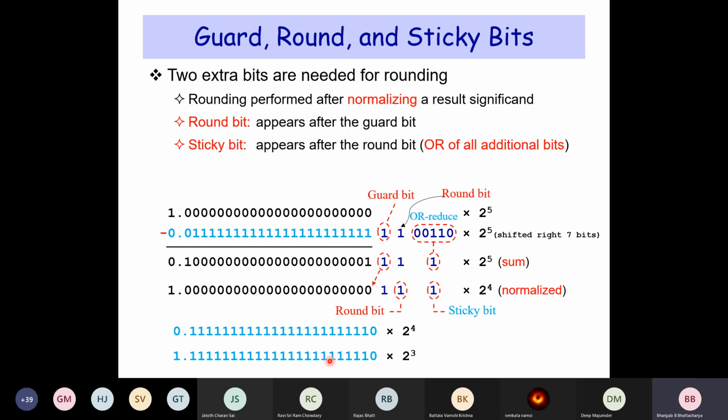So please go through this example, and it gives you some idea how these 3 bits are managed. This is just for the completeness of the discussion. The actual mechanism and the rounding techniques are much more involved because in IEEE there are 4 types of rounding operations. We are not going to discuss them in detail. I just want to give you an overall idea of how these bits can be used to improve the accuracy. All right.